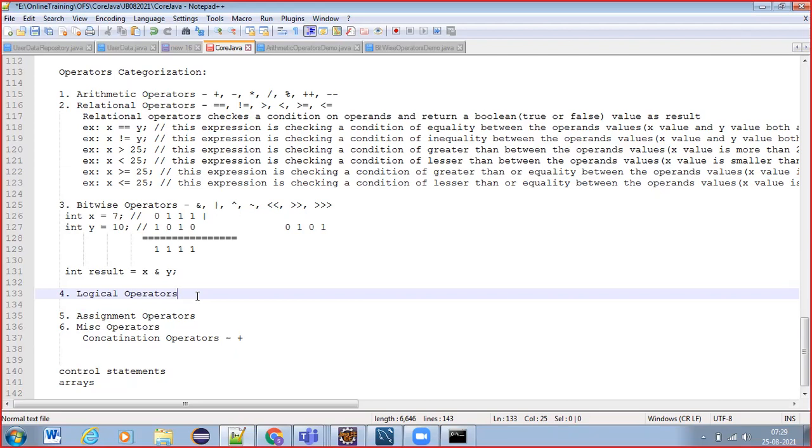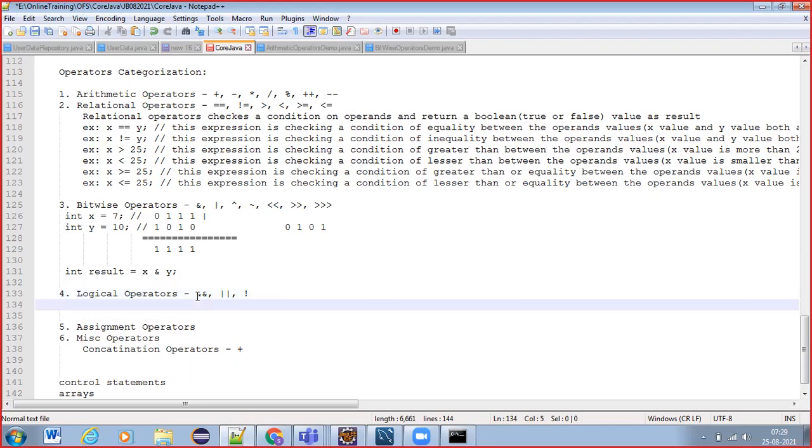What are the logical operators? How can we define them? Actually, what are the logical operators that we have? We have logical and, logical or, and logical not operator.